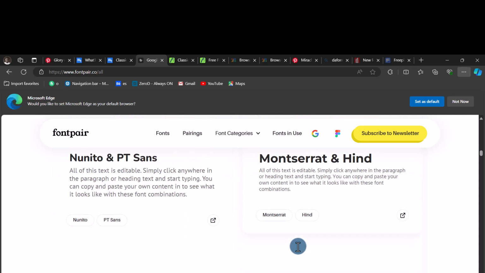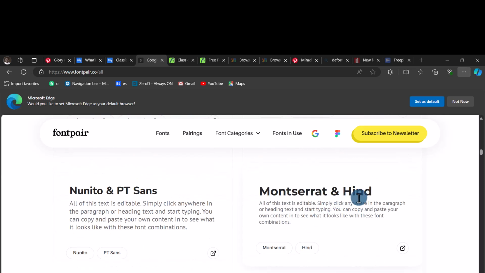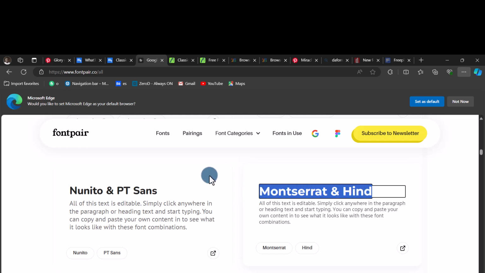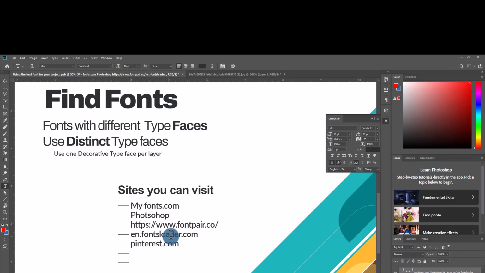You can click on fonts. This is Montserrat and Heebo. Yeah, this is a very nice combination. Yeah, I trust I'm going to be trying this combination. Then on my list, I think I have one other site which is called